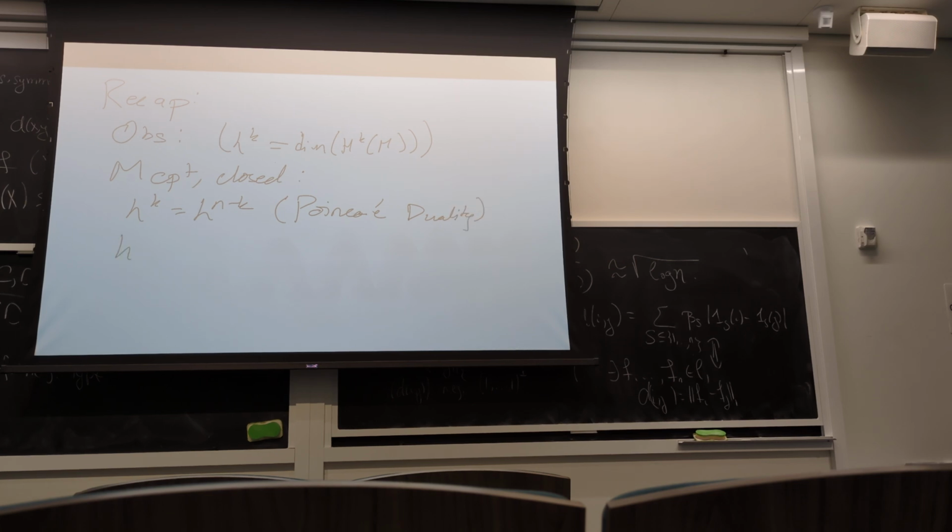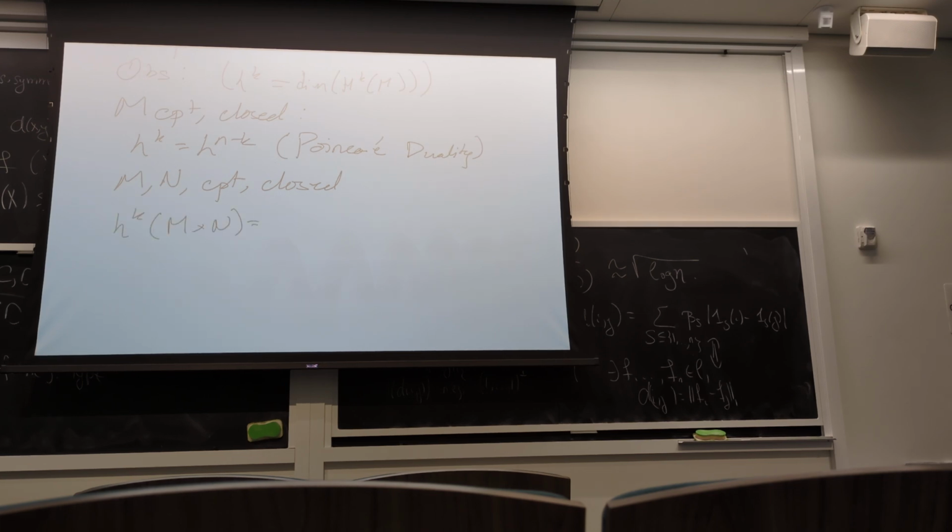And if M and N are compact and closed, then we have h^k of M times N, the product manifold, is equal to the sum over i plus j equals k of h^i of M times h^j of N. And we could categorify these statements,